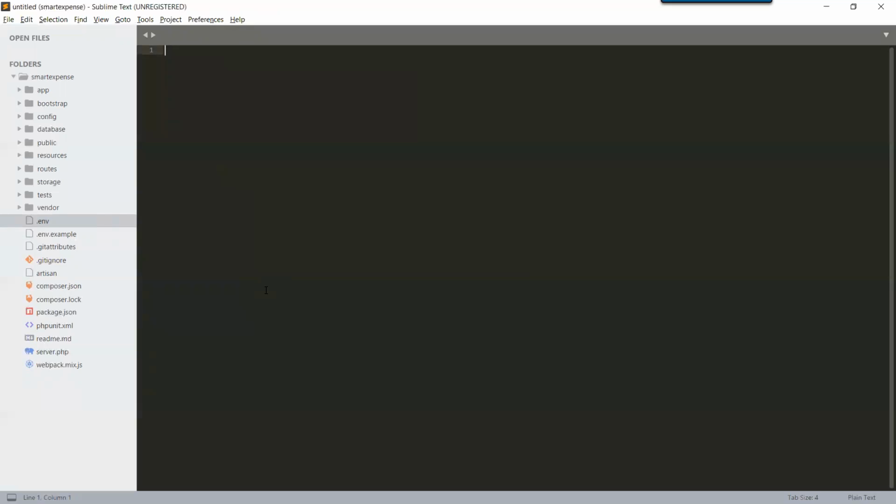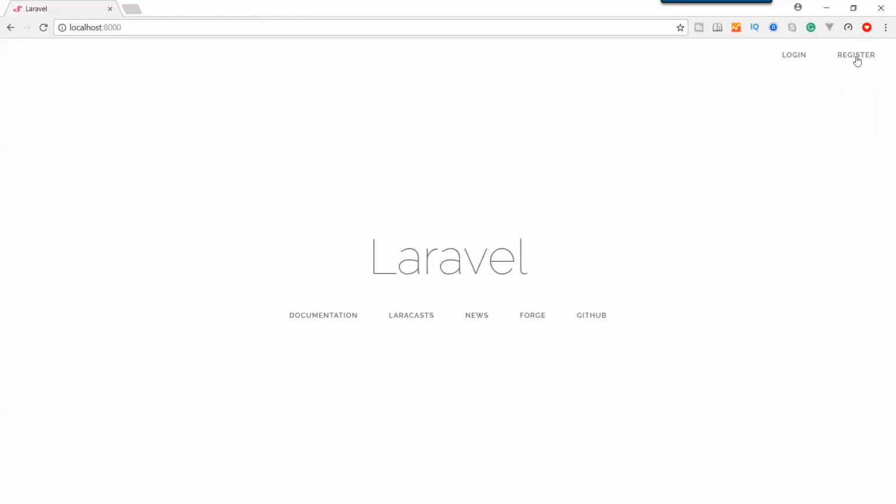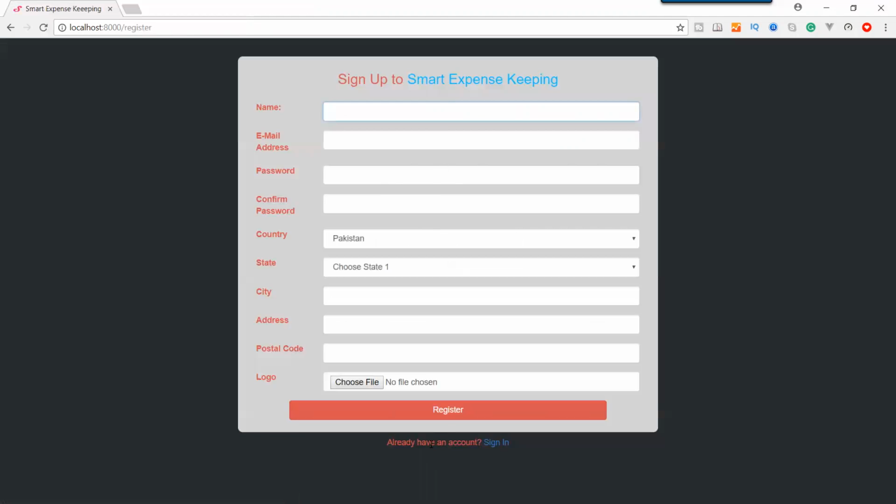We have just created the fields in our form, so when we click on register, we can see the custom fields we created. When we migrate, we will have to create some fields in our database, and how we can do it, we will see in the next few videos.